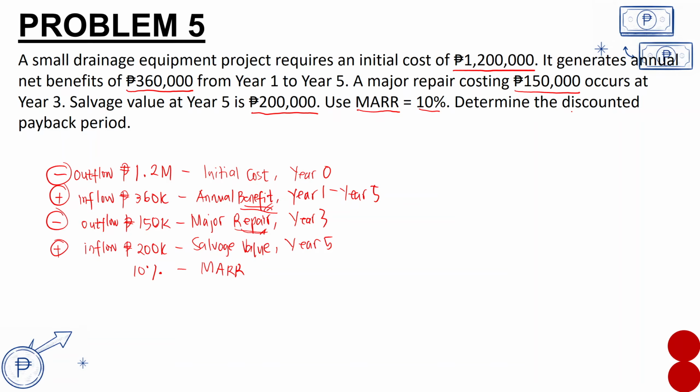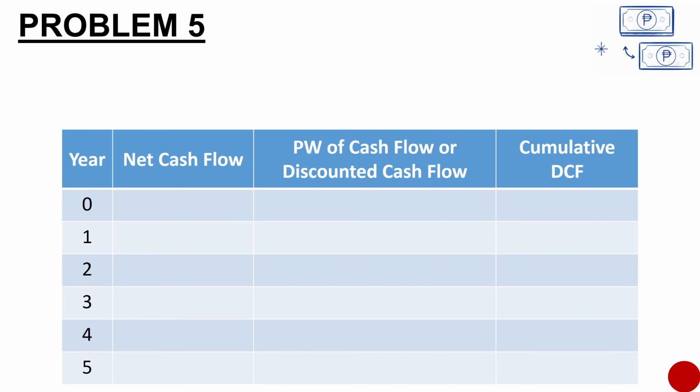And then you're asked to find the discounted payback period. So we have our payback period and the discounted payback period, and our discounted payback period is the length of time where our initial cost or the invested amount has been recovered. But when I say discounted, it means that we also include the time value of money in our calculations. So let's move on to this one.